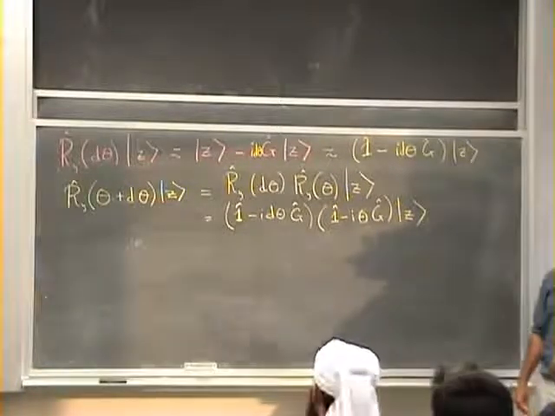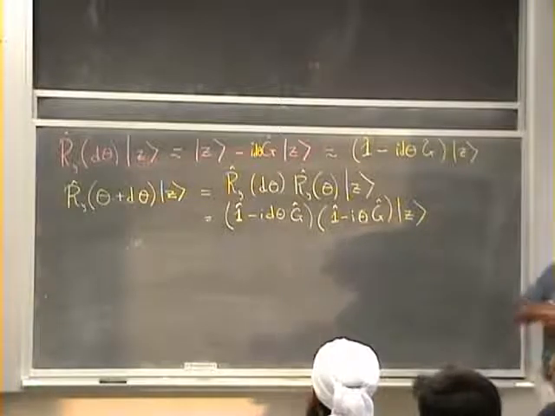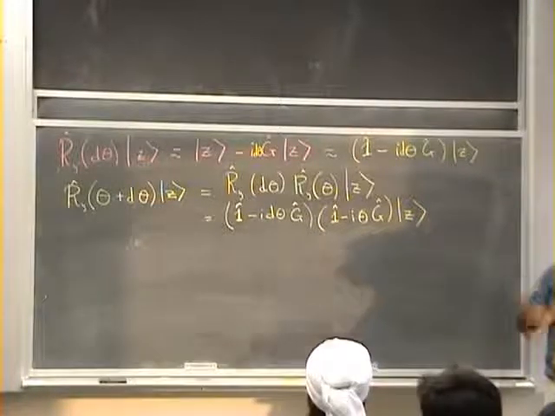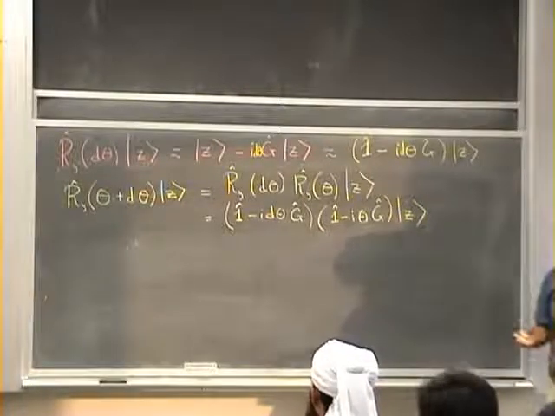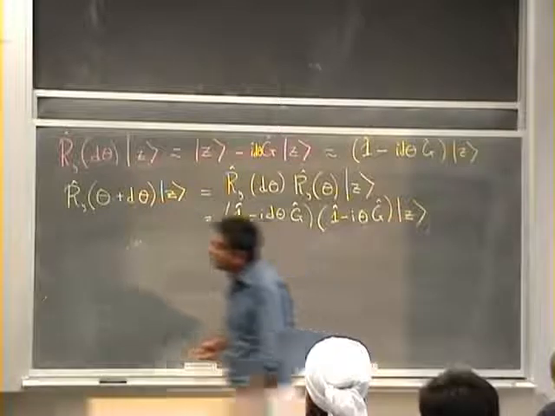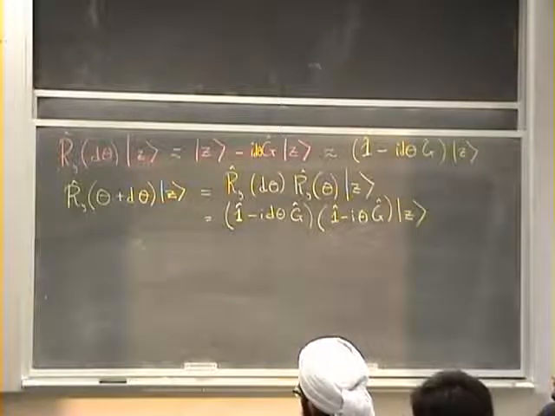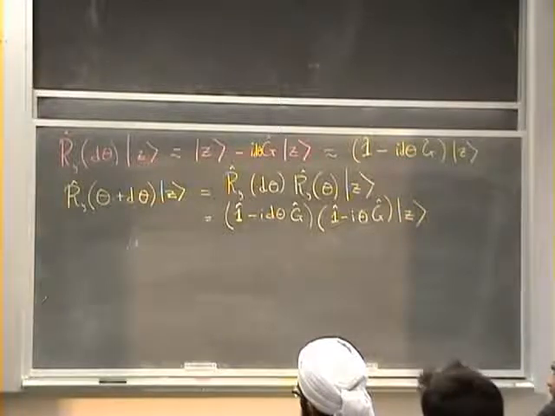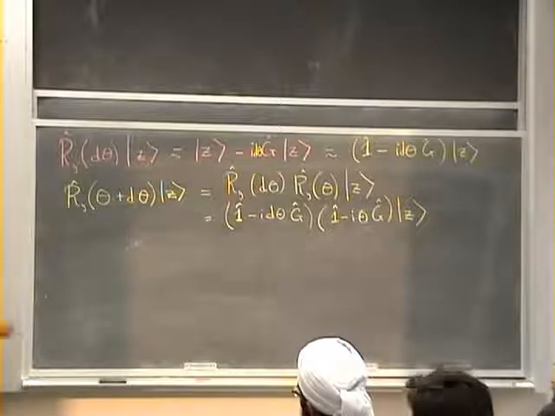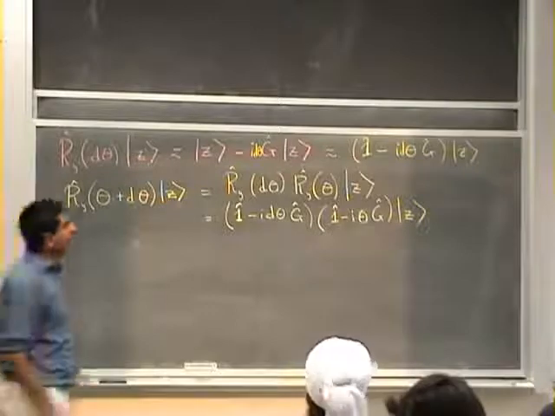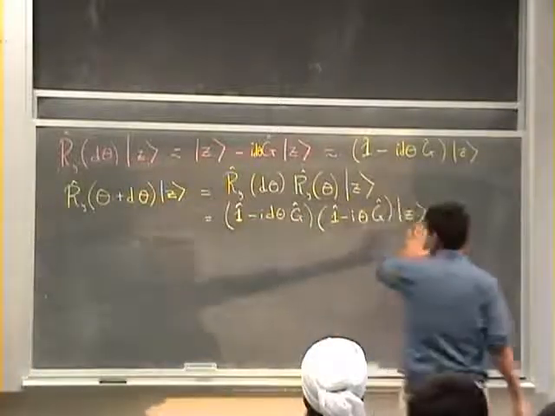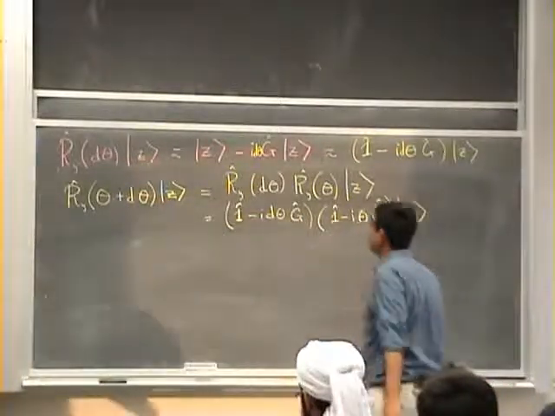G is some operator, we have to decide what this operator is. But there has to be some operator G which acts on z to give you minus z. Okay, it's such an operator which acts on z to give you the orthogonal state. It's like a NOT gate. Okay? It's some operator, we have to decide what this operator is. For the time being, I'm just writing this operator as G. And why G, I'll let you know in a minute. So if I carry out this multiplication,